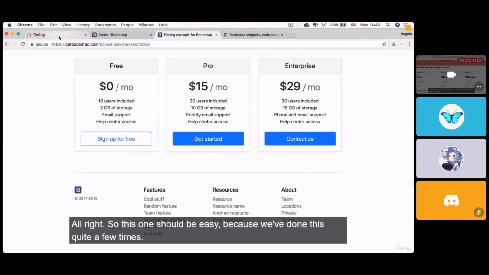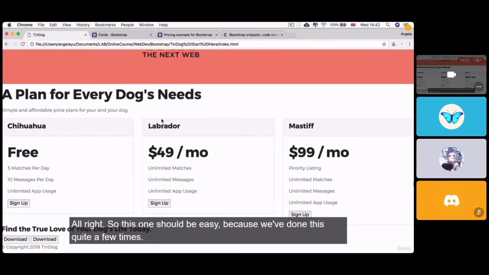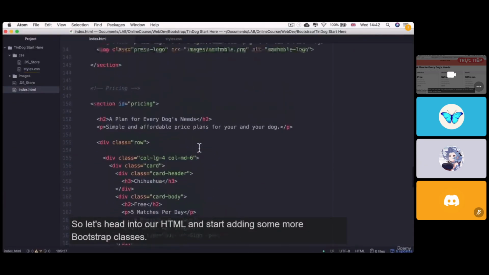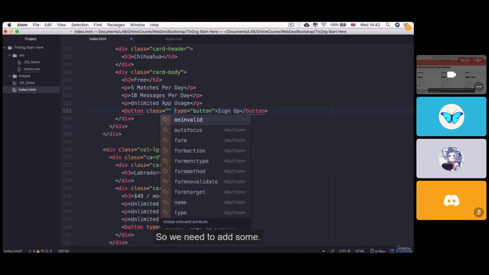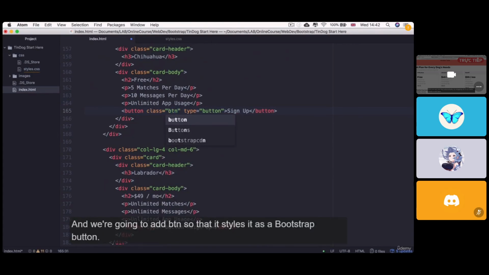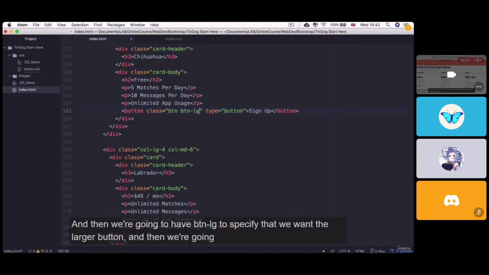All right, so this one should be easy because we've done this quite a few times. So let's head into our HTML and start adding some more Bootstrap classes. Our button currently doesn't have any classes, so we need to add some. We're going to add btn so that it styles it as a Bootstrap button, and then btn-lg to specify that